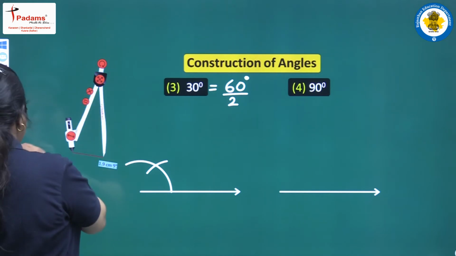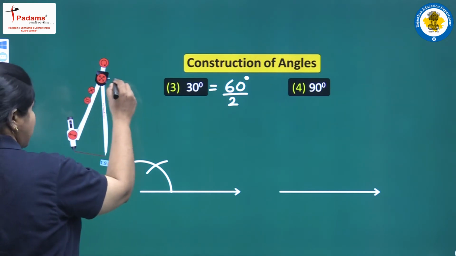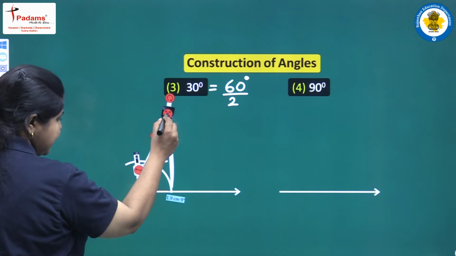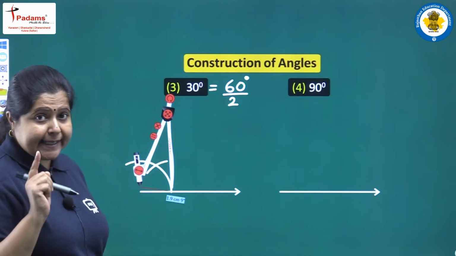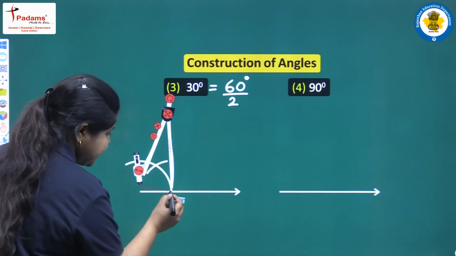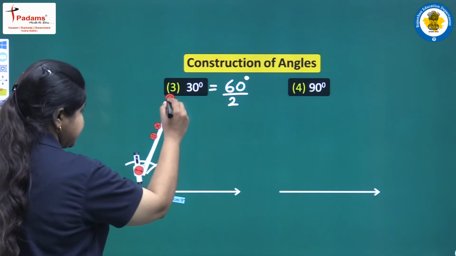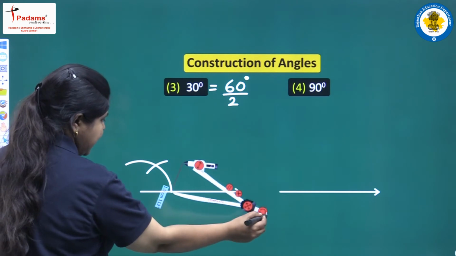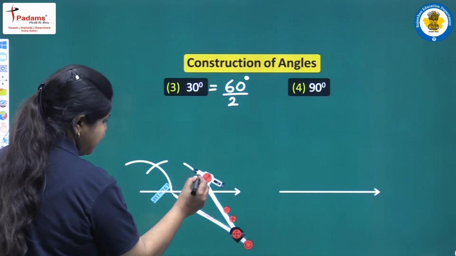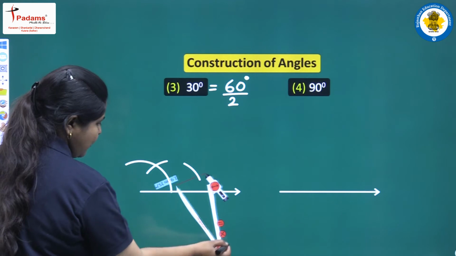First we place the compass at which point? This one. And now remember, we have to take the radius equal. While placing it at this point and this point, we will have to keep the radius equal. So let us keep it equal and draw one arc here in this way. Then what next we will do?